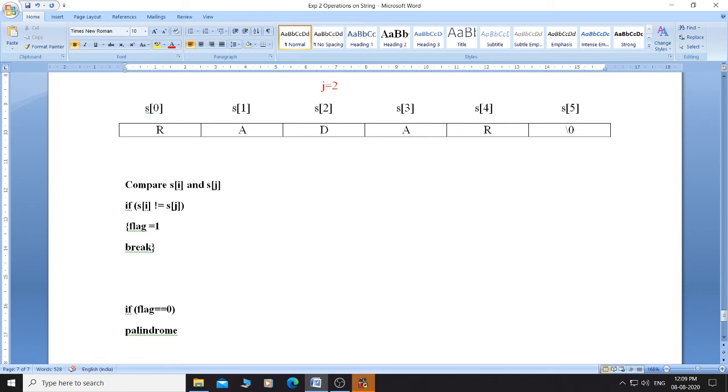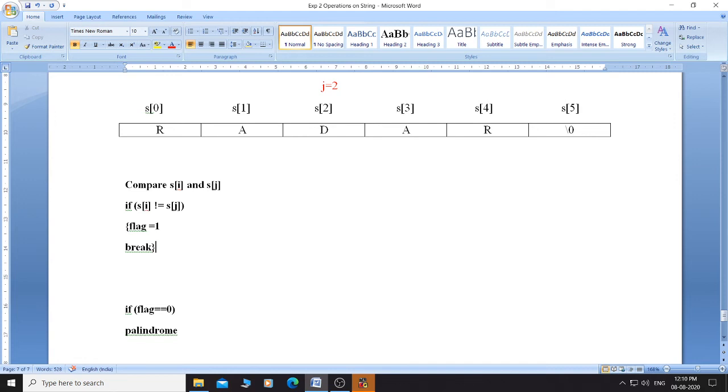Okay, so logic is compare first and last character, second and second last character, third and third last character, continue this till i is less than j, and during this comparison whenever we will get different characters, make flag as 1 and stop at that instant only, don't go for next character.